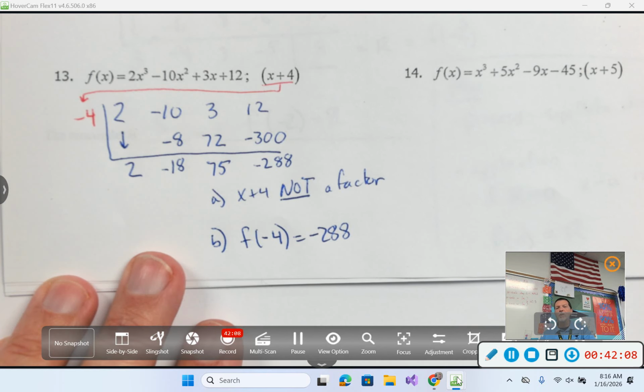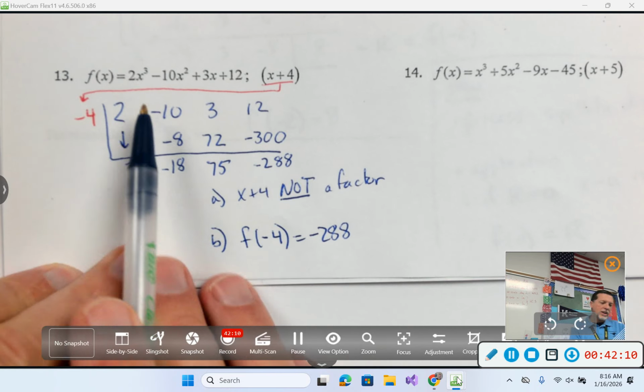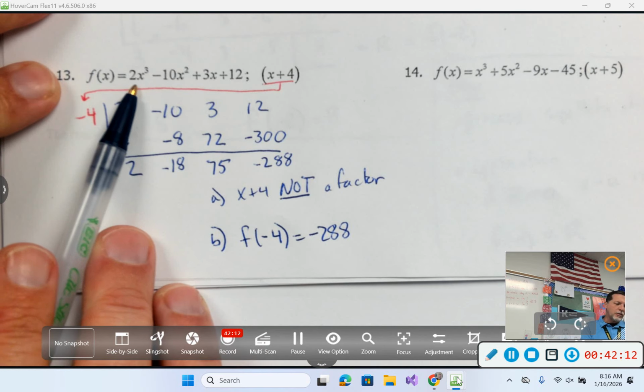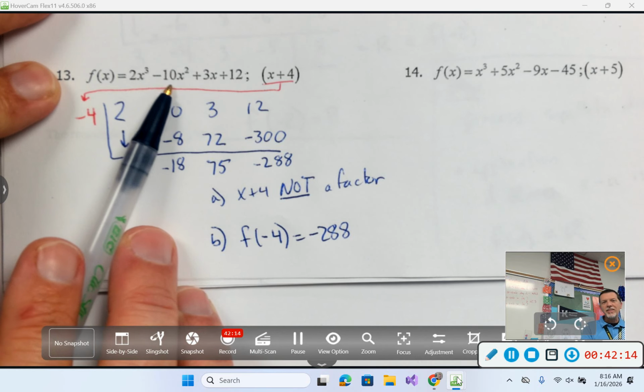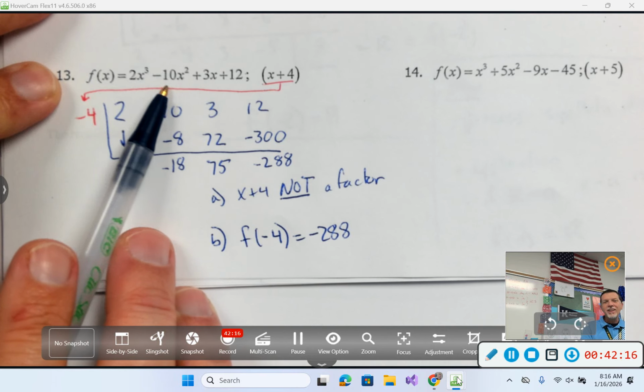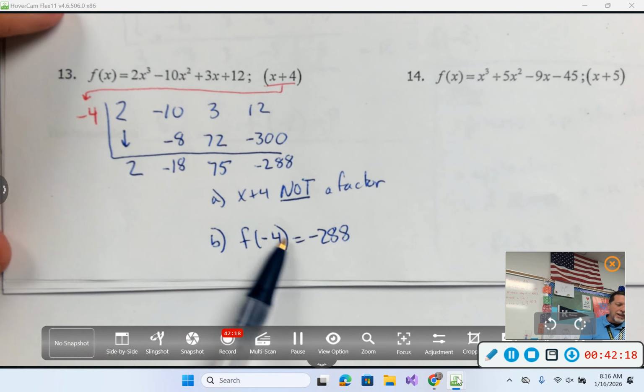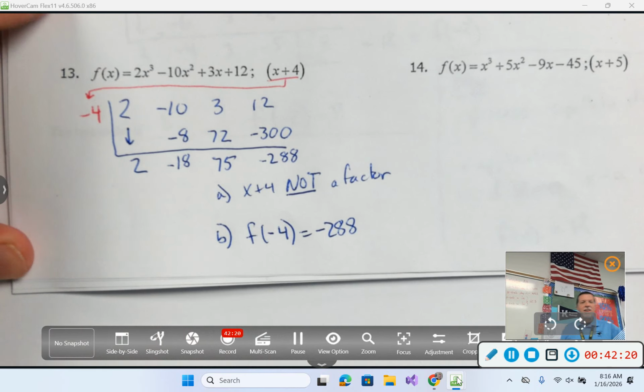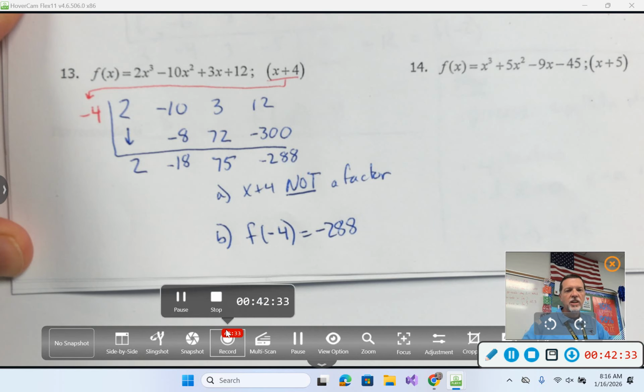And those were big numbers, but it still would have been better than doing 2 times negative 4 cubed minus 10 times negative 4 squared. I mean, it's doable, and you would have gotten negative 288, but synthetic division is faster. Okay, so your job is the rest of those. It's a lot of practice, but hey, it's a long weekend, and I don't think it's too challenging. Maybe you can find time the rest of the day to squeeze